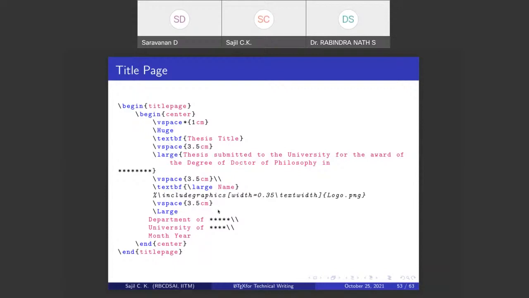This is one example of how to create a title page, everything in centered position with some vertical spacing: the thesis title, some description text, a space for the logo, the department name, university name, year, etc.